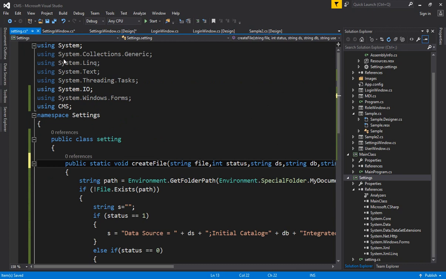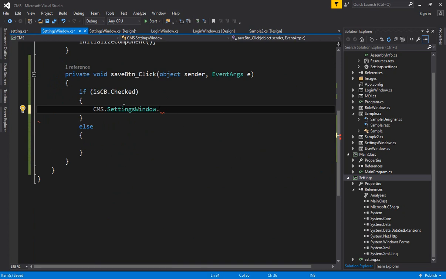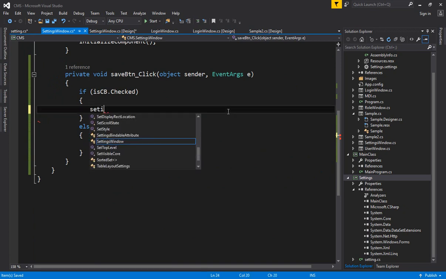No, that's not the settings window. We have a settings class only, so it should be setting. Okay, settings are not appearing here. Why? CMS dot setting, no, it's not coming. CMS dot